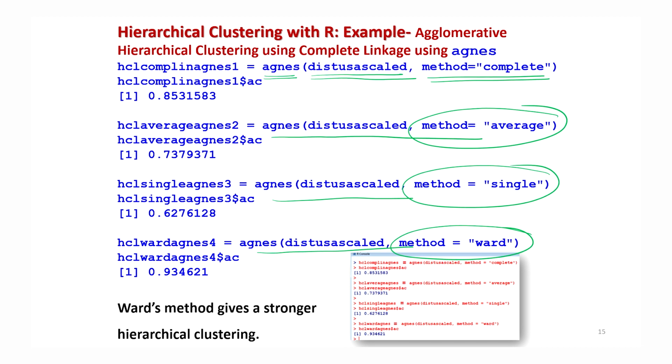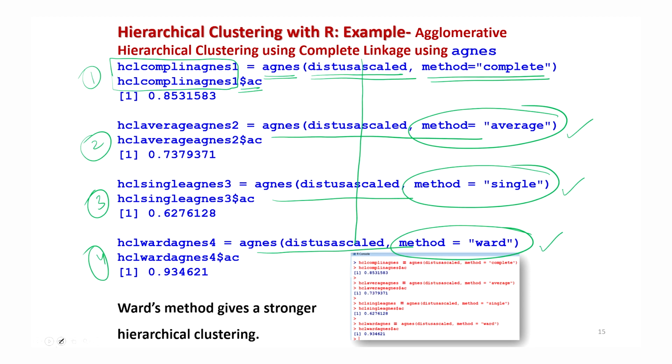And in all the cases, I try to compute here the agglomerative coefficient by using the same command $ac in the outcome. So this is here the outcome. They are the same value, same names, and then I'm trying to put here AC. And the same thing I'm trying to do with case number 2. So this is case number 1, 3, and here 4. Right. So case number 1 is using complete linkage. Case number 2 is using average linkage. Case number 3 is using single linkage, and case number 4 is using ward linkage. And the data is the same here that you can see here in this column.